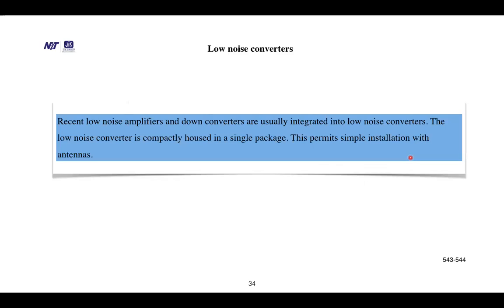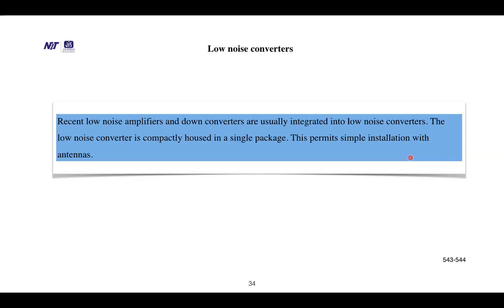Low noise converters. Recent low noise amplifiers and down converters are usually integrated into low noise converters. The low noise converter is completely housed in a single package. This permits simple installation with antennas. A Ku-band low noise converter unit consisting of 11-12 GHz gallium arsenide FET low noise amplifier and a block down